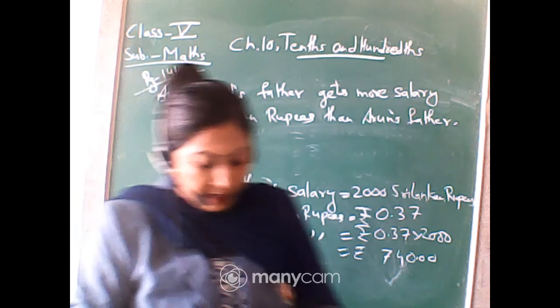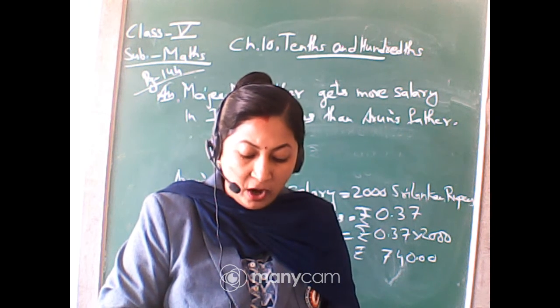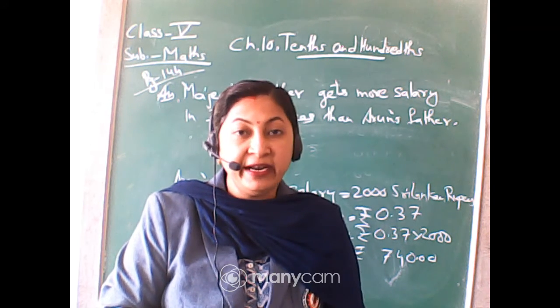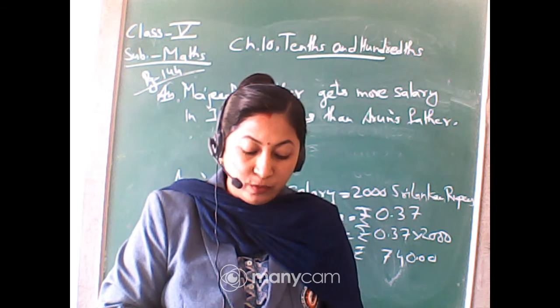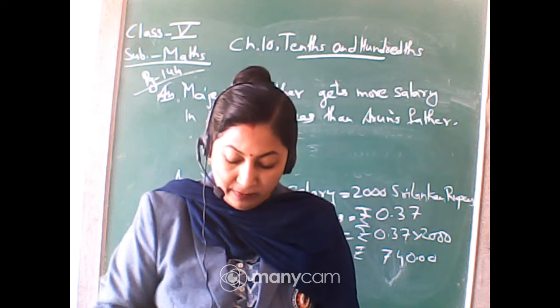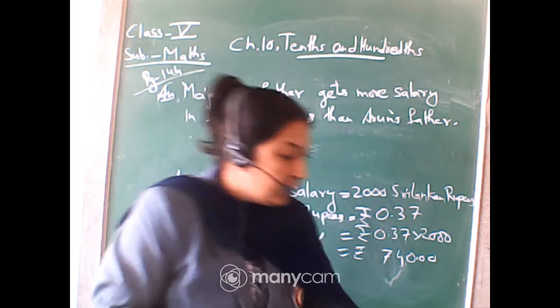Leena's auntie brought a present for her from China. It cost 30 yuan. Find what it costs in Indian rupees. Now you just have to find the amount in Indian rupees, and in China it is 30 yuan. You have to find out in Indian rupees. Okay, so same thing, from the table you will find it out, isn't it? So quickly write it down.